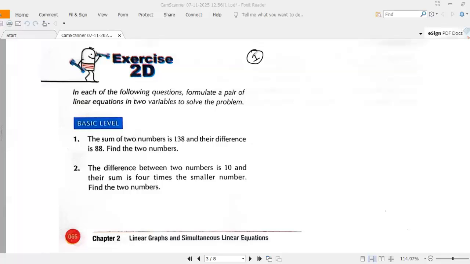Exercise 2D, question number 1. Question number 1 says, the sum of two numbers is 138 and their difference is 88. Find the two numbers. So to solve this one, we need to say that